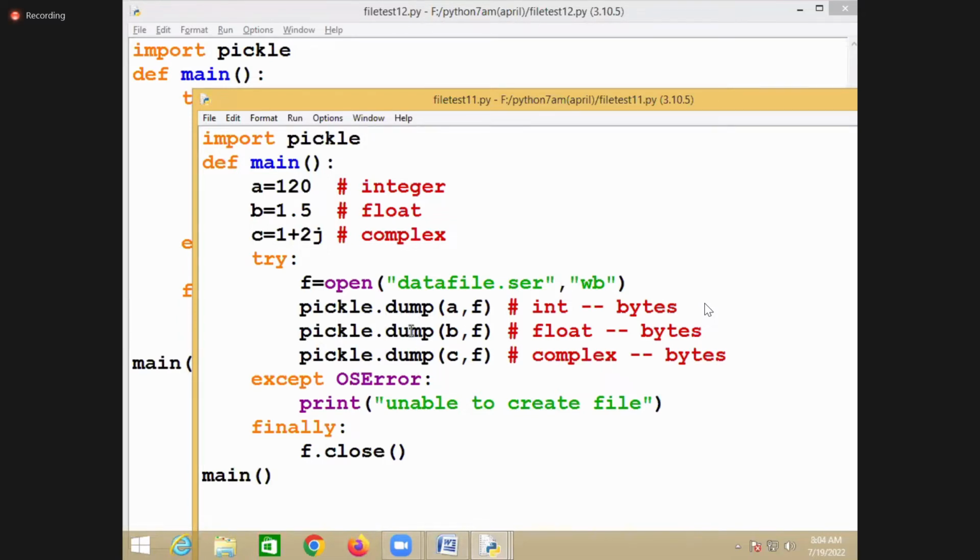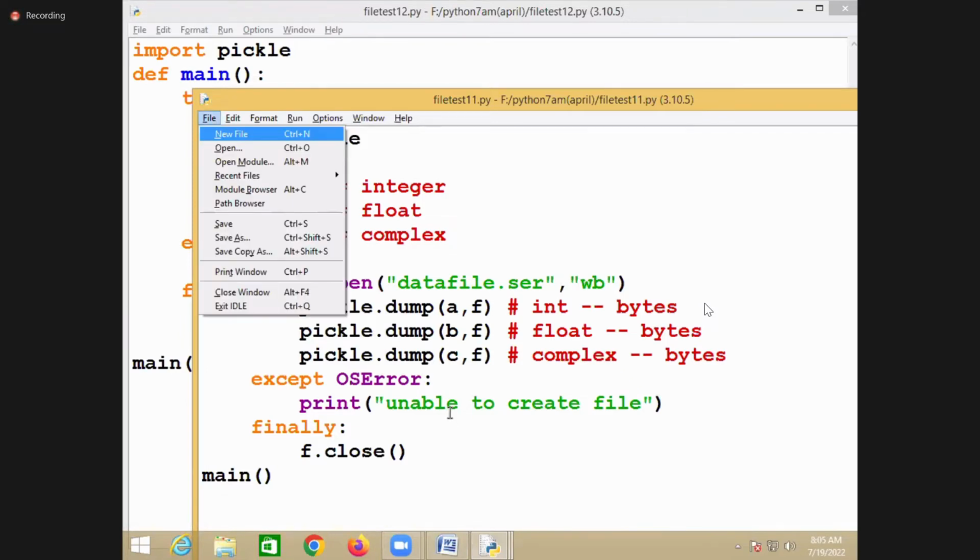So when you're writing, you can convert that dictionary into what? Bytes. And you can read those bytes and convert them back into a dictionary. You can write a dictionary into bytes, and bytes can be converted back into a dictionary. Now that can be done by using which methods here? Dump method, right? Yes. You can also write a user defined type.